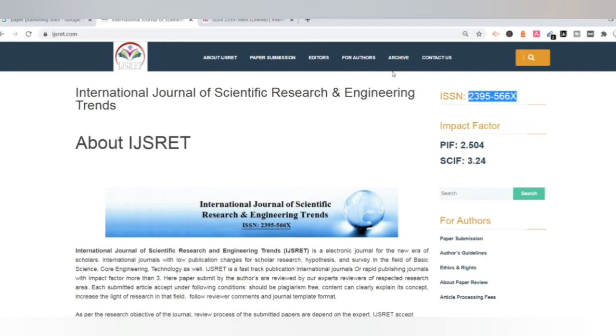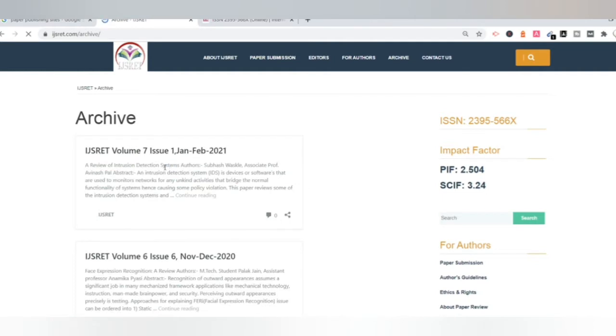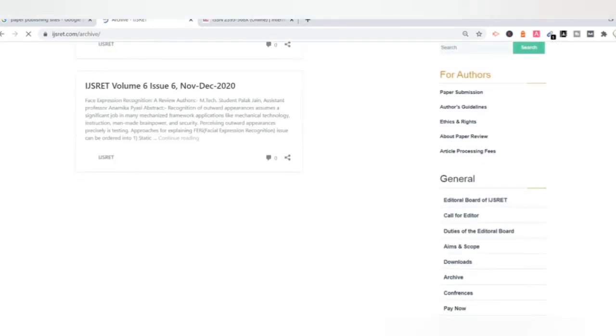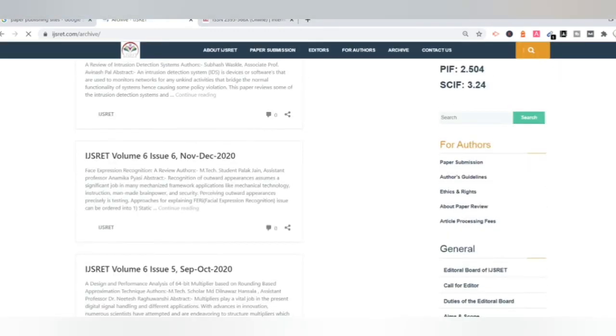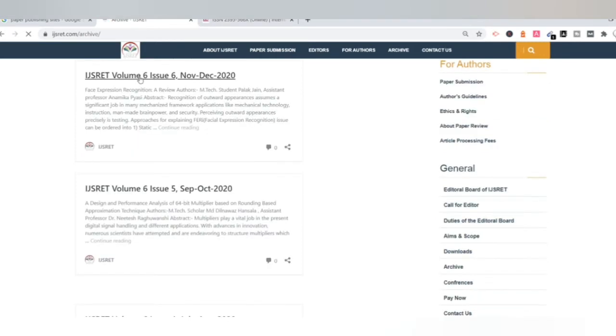Just click on it, and we'll find that volume 7 issue 1 is going on as 2021 is running, and before this volume 6, issue 6. Volume 6 means the journal is 6 years old, and it publishes 6 issues in a year.